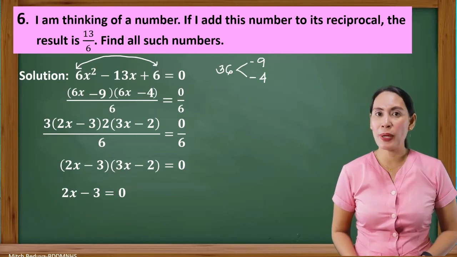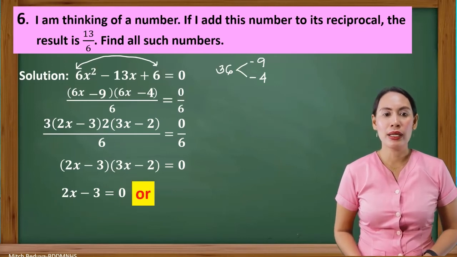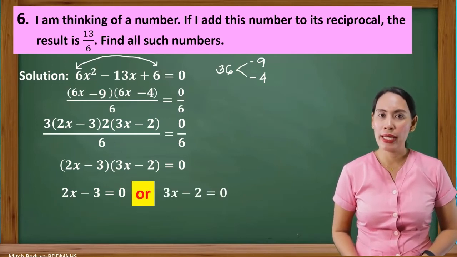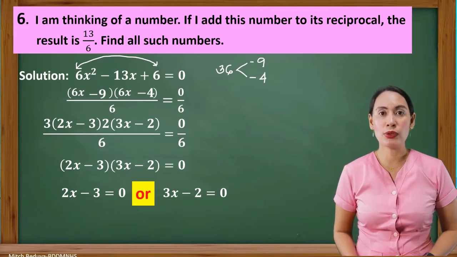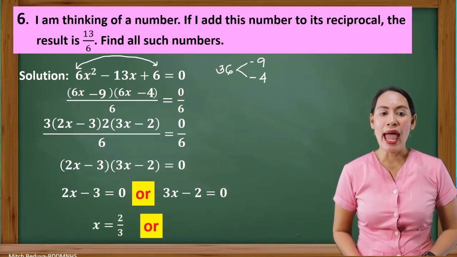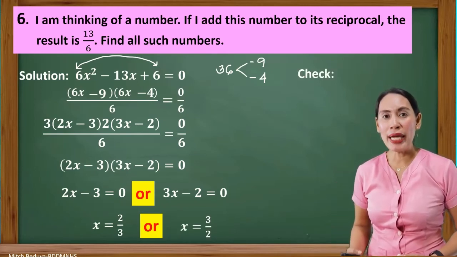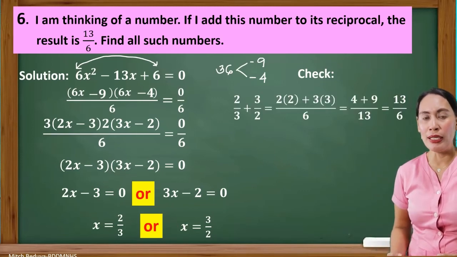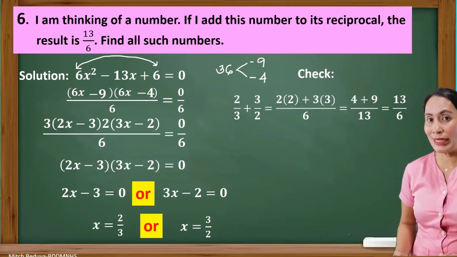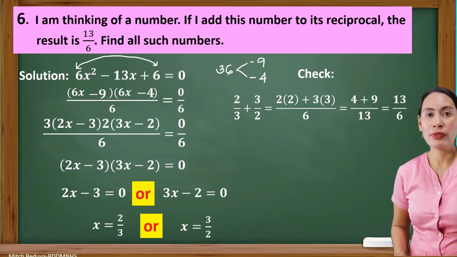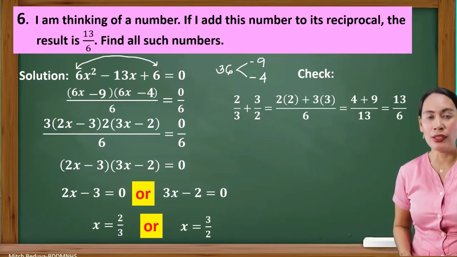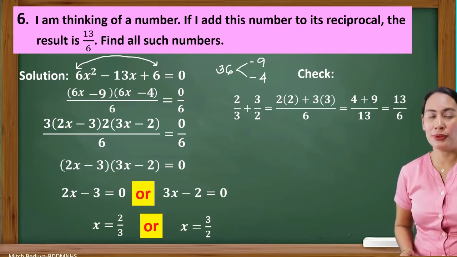By applying the zero product property, we have 2x minus 3 equals 0 or 3x minus 2 equals 0. x is equal to 2/3 or x is equal to 3/2. Then we're going to check: if we add the number and its reciprocal, is it equal to 13 over 6? So let's find out. If the number is 2/3, then its reciprocal is 3/2. So if we are going to add 2/3 plus 3/2 equals